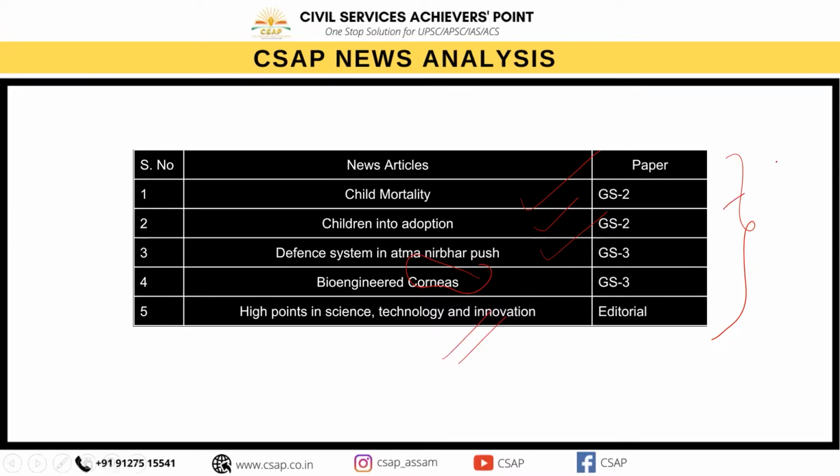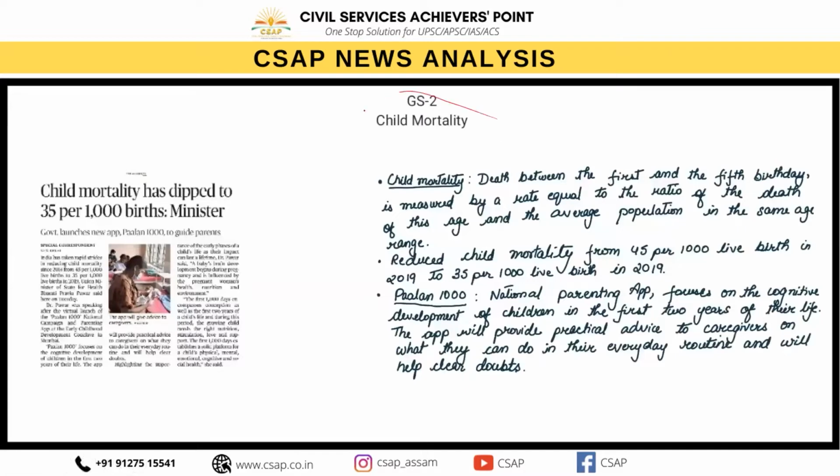So let's begin. The very first topic here is child mortality. If I define child mortality, it's clearly written here that a death between the first and the fifth birthday is measured by a rate equal to the ratio of the deaths of this age and the average population in the same age range. So whatever the death range is between 0 to 5 years, we directly define it as